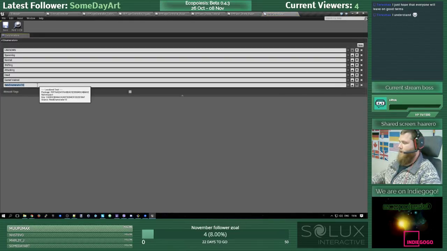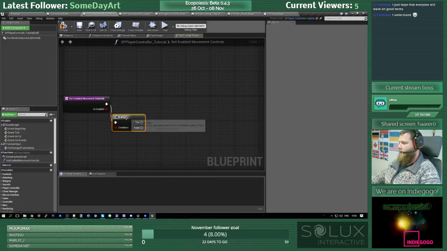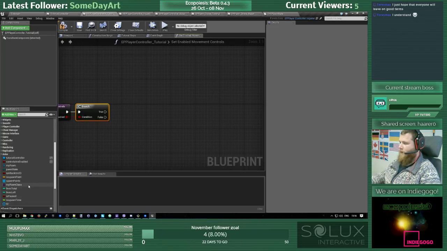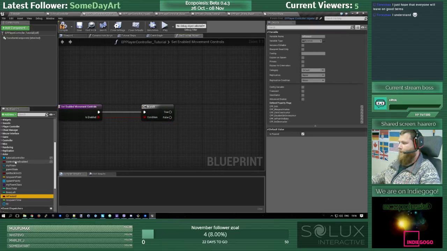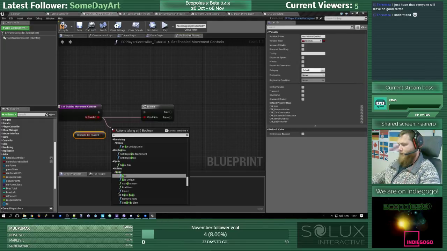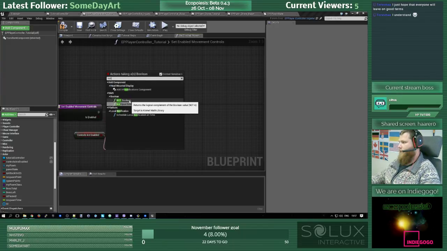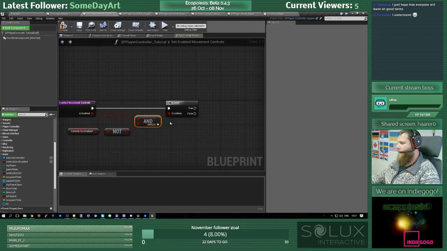Let's create a new one, tutorial pause, tutorial stop, and every time we change our enabled movement controls, if it's enabled, we need to change